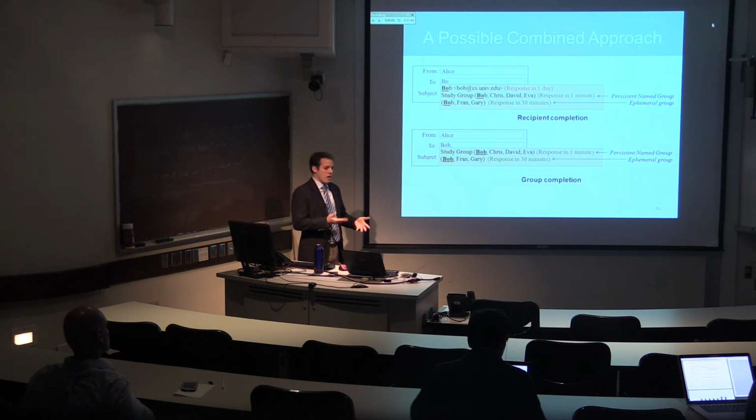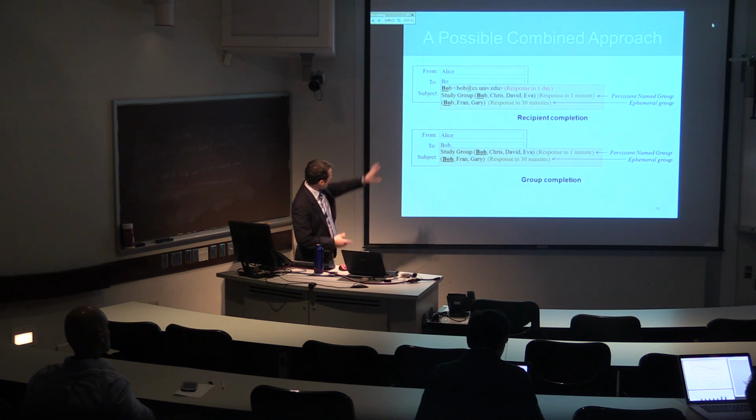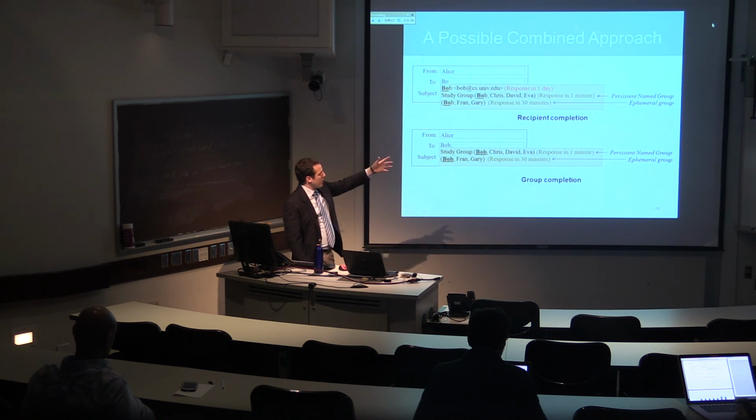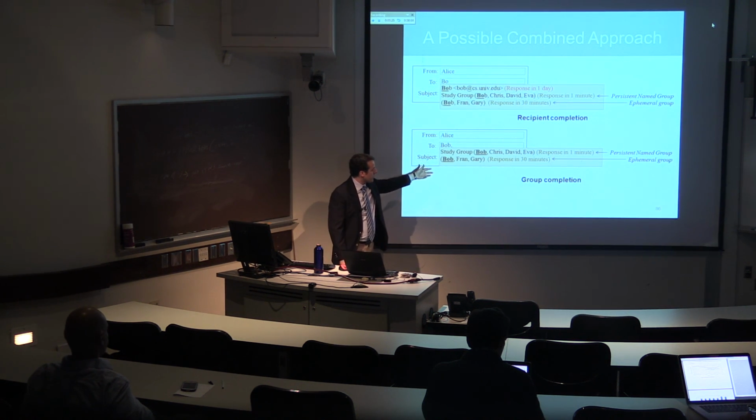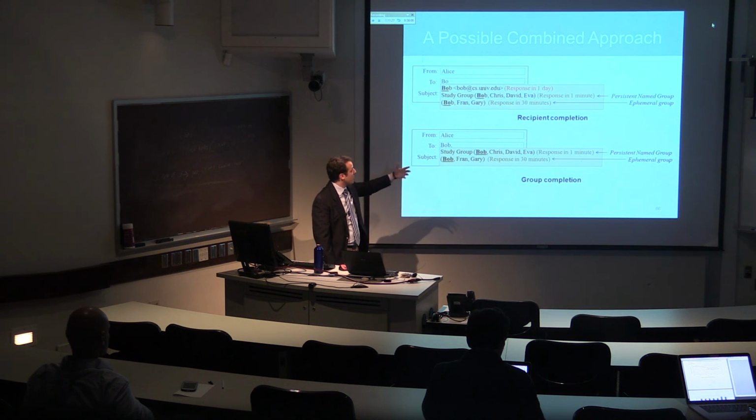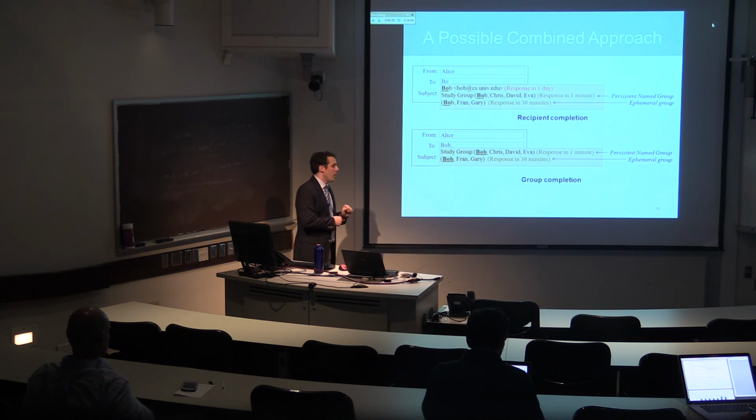And here is a mock-up of some hypothetical approach we've come up with, where recipient completion can predict not just individual recipients, but persistent name groups and ephemeral groups, each of which has an assigned predicted response time. Or after an individual has been fully entered, maybe we also predict persistent name groups or ephemeral groups as completions, which also have their own predicted response times.